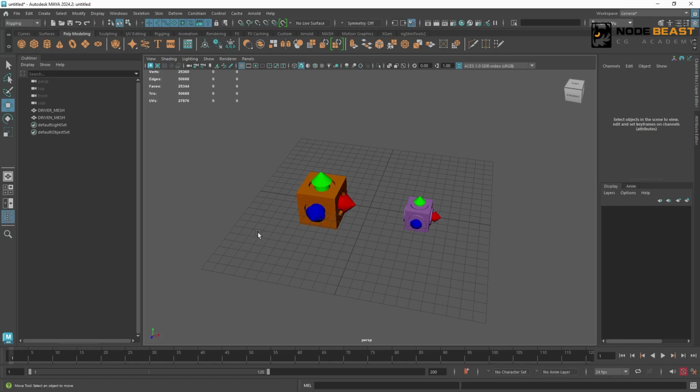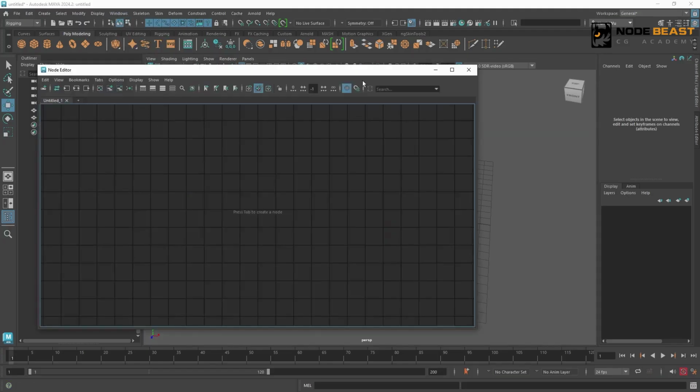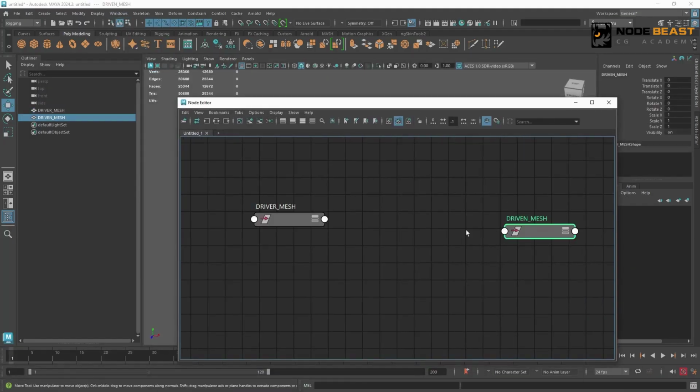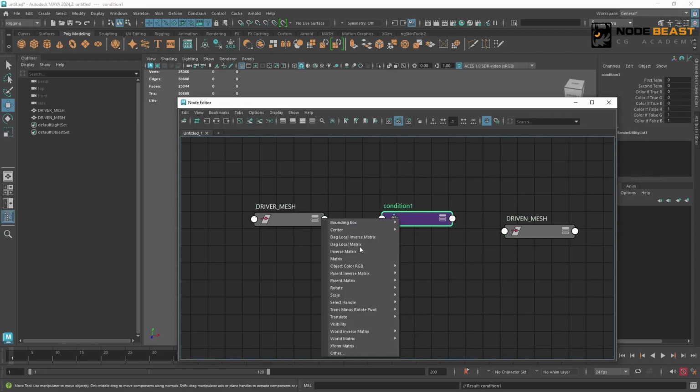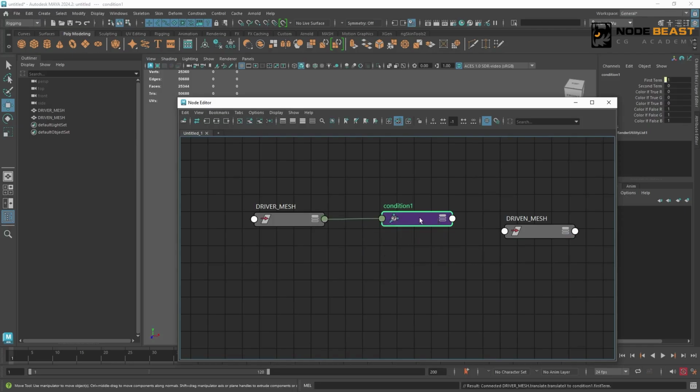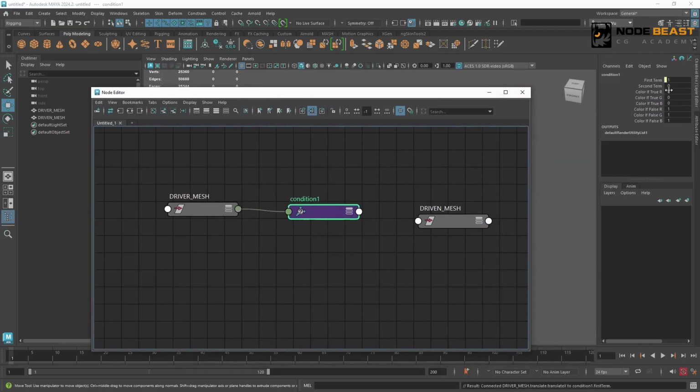So let's go back to Maya and see this node. Same as before, I have a driver object and a driven object. Go to the node editor, add these 2 in. Then let's create a condition node. We'll use translate x as the first term. The second term, we can type it in manually or connect it to another attribute. That's up to you.